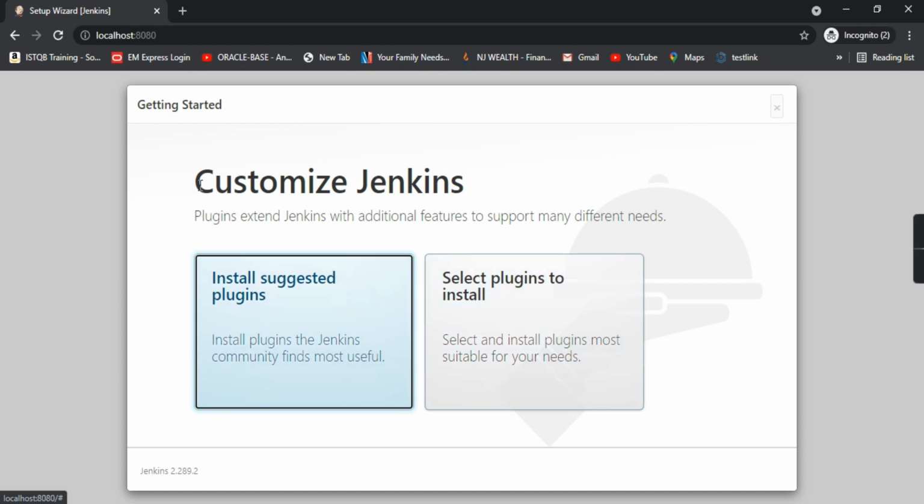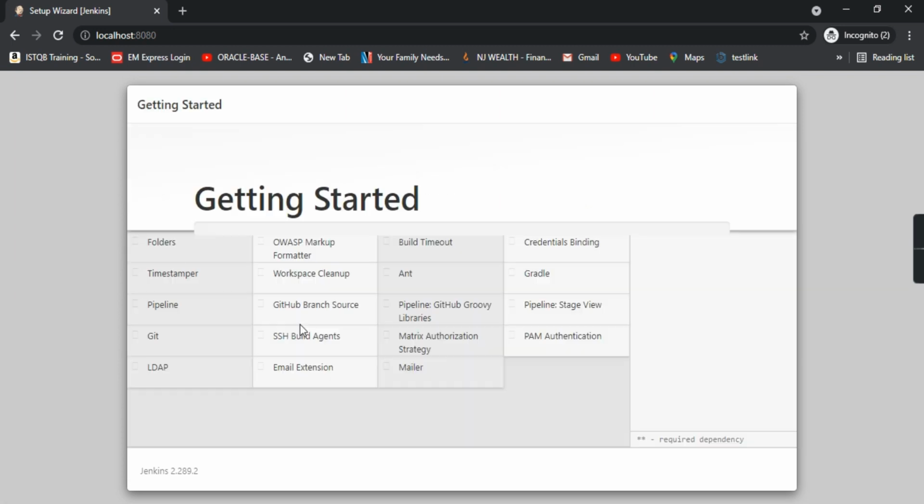Now it asks you to customize Jenkins. Plugins extend Jenkins with additional features to support many different needs. Two options are presented to you. Install suggested plugins, which will install the plugins by default, and if you want to select the plugins and install, you can do that as well. I'll select the first option, install suggested plugins.